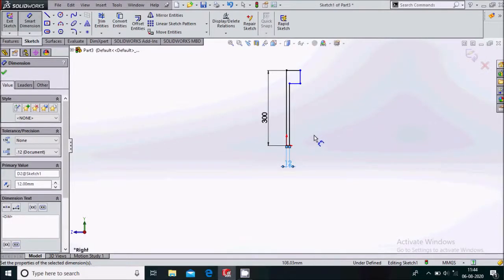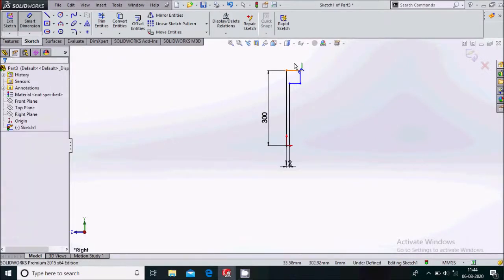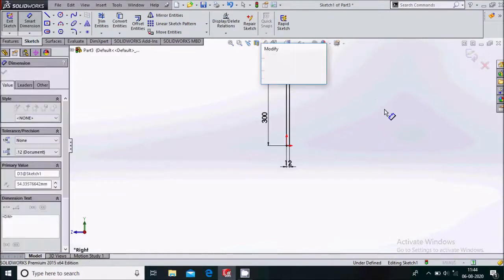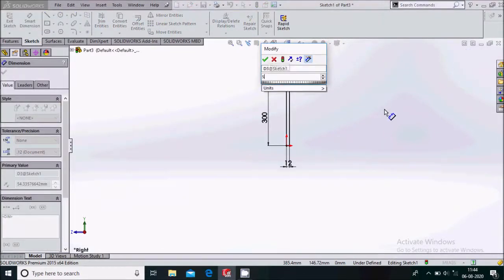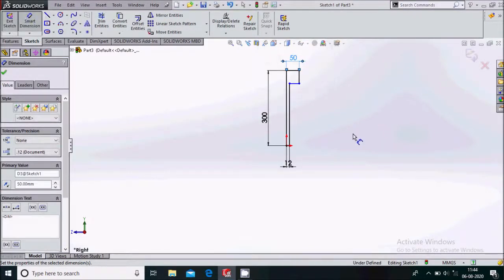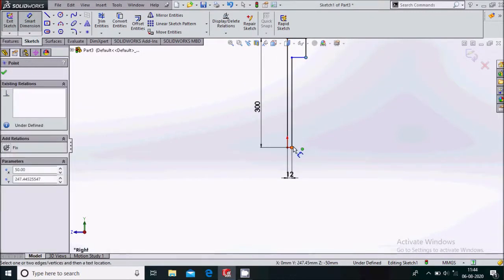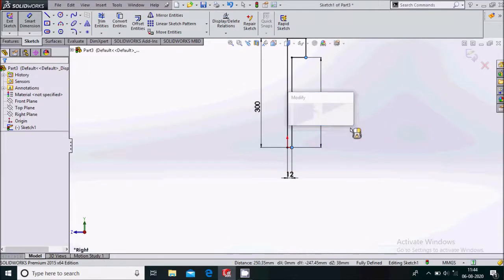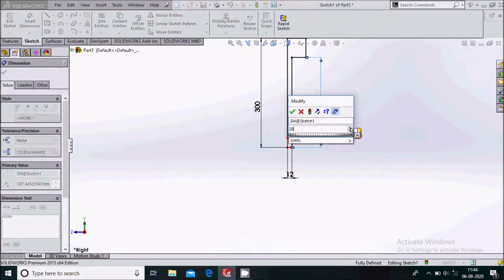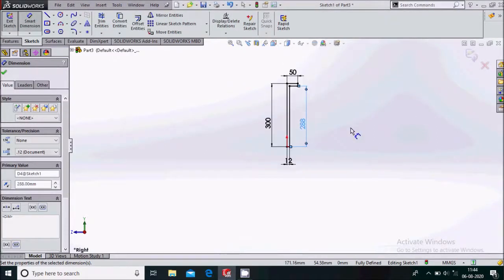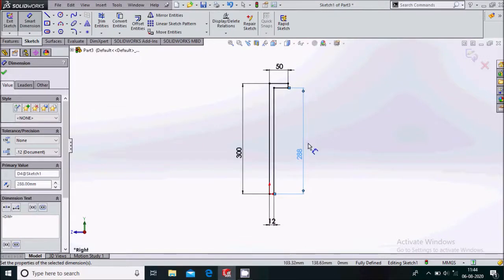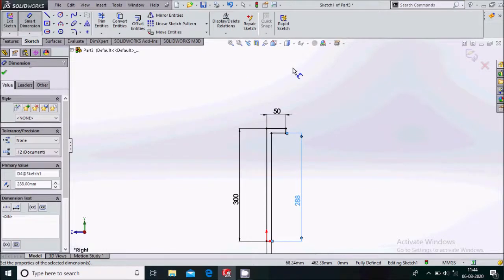This dimension would be 50 mm. And this dimension, you can see from here to here, this dimension would be 288. In this way. Okay, so 300, 12, 288 and 50.